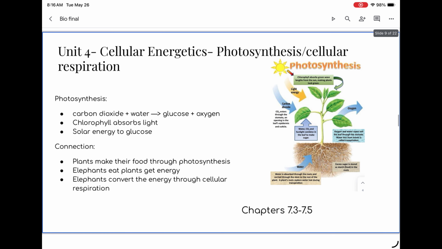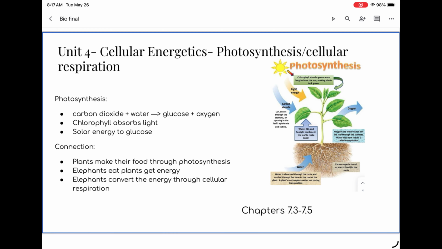Photosynthesis is when the reactants are carbon dioxide and water, and the products are glucose and oxygen. Chlorophyll absorbs the light, and solar energy is transformed into glucose. The arrow is the sunlight, so carbon dioxide and water, and then sunlight is added, and then it produces glucose and oxygen. When the sunlight hits the plant, the chlorophyll absorbs its energy, and then it turns it